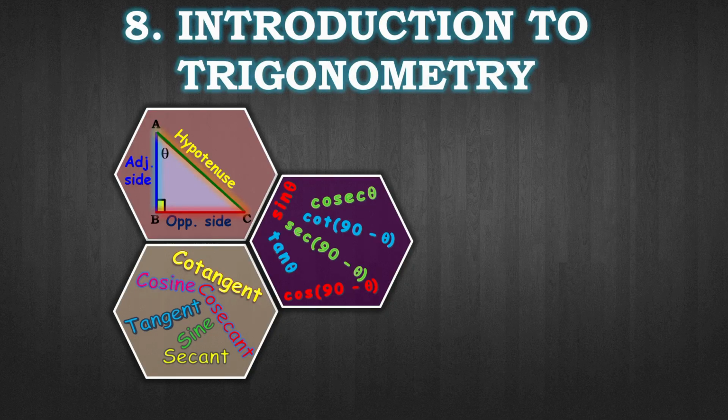In this chapter, we will study the basic ideas of trigonometry using a right-angled triangle. You will learn how the sides of a right-angled triangle are related to an angle, and how these relationships are expressed using trigonometric ratios such as sine, cosine, tangent, cosecant, secant, and cotangent. We will also understand important concepts like the opposite side, adjacent side, and hypotenuse, which form the foundation of all